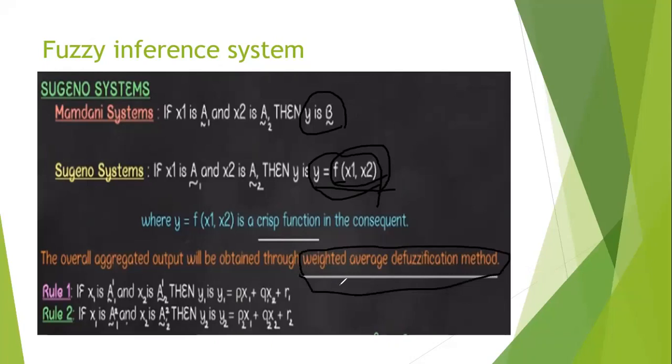So if you are mentioned with a problem like this, for example, 2 inputs and a single output mentioned with the 4 rules. Okay. So in that case,